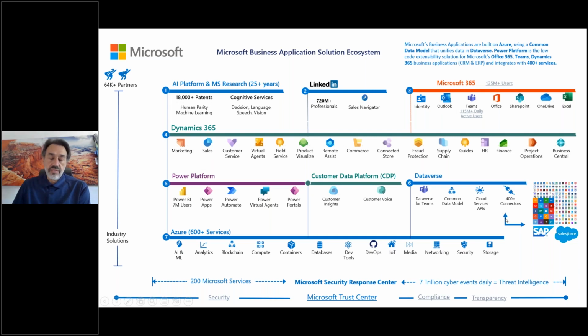Okay, thanks, Federico, and welcome to everyone. Let's start from this view, where you can see the Microsoft solution ecosystem description. As you can figure out, the idea from Microsoft is moving from a single application world to a platform logic